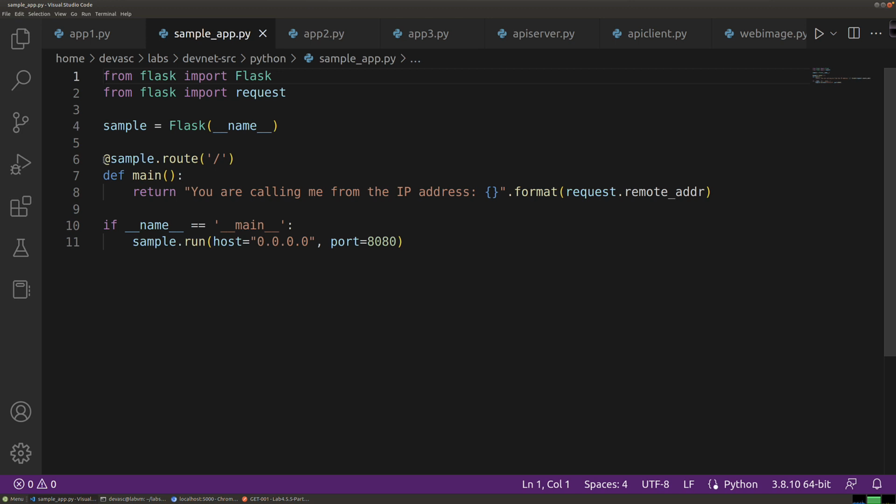We have a decorator. It's the icing on top of the function cake. It's going to decorate our cake for us, because when they go to the root of the sample Flask web server, what is going to happen? Well, you can see the function's just def main, and it's going to return, "You're calling me from the IP address." Now, this is a little different than the lab. I prefer to use the string format method here, but all we're doing is we're leveraging